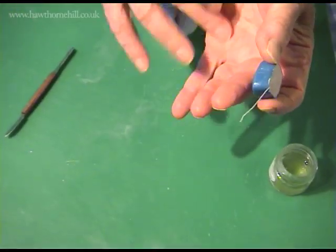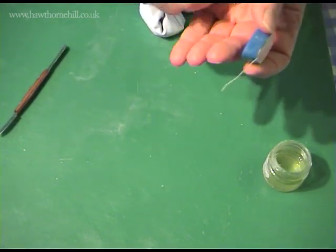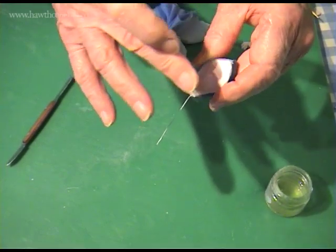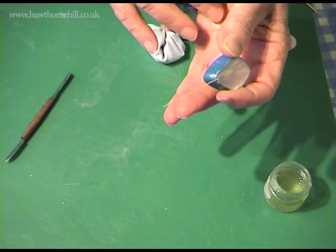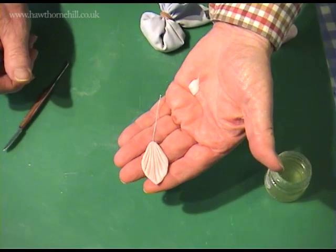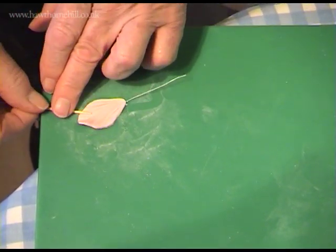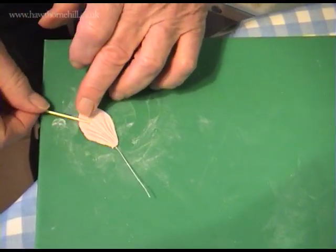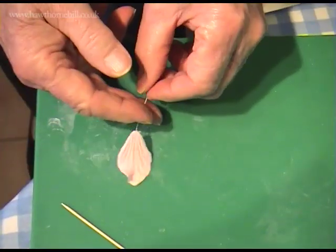Next we have to take the petal out so that it's similar to the trumpet petal. Bit of paste on your hand, slightly sticky, get it tacky and a little bit more tacky than that, and then you can take it out where it comes. It now has to be frilled rather the same way as the trumpet petal was, so we frill it round like that, and then we will form it afterwards. Take a little bit of time to get a nice frill, and then pick it up